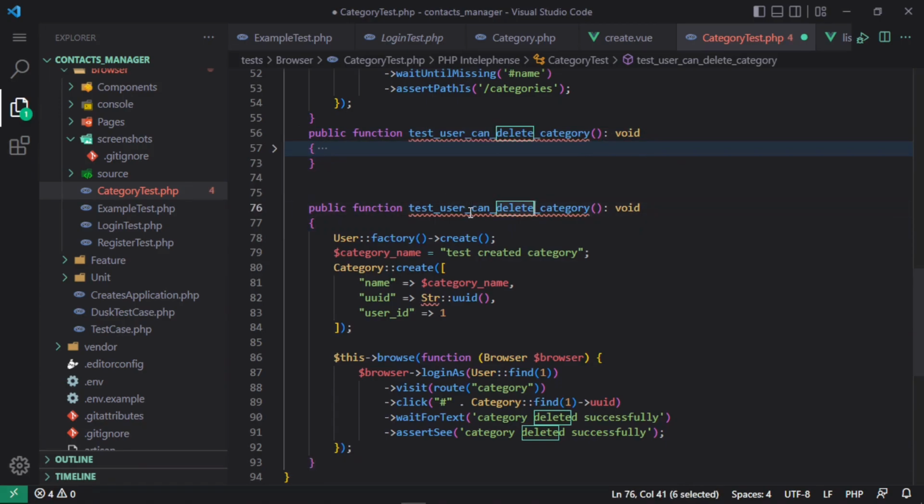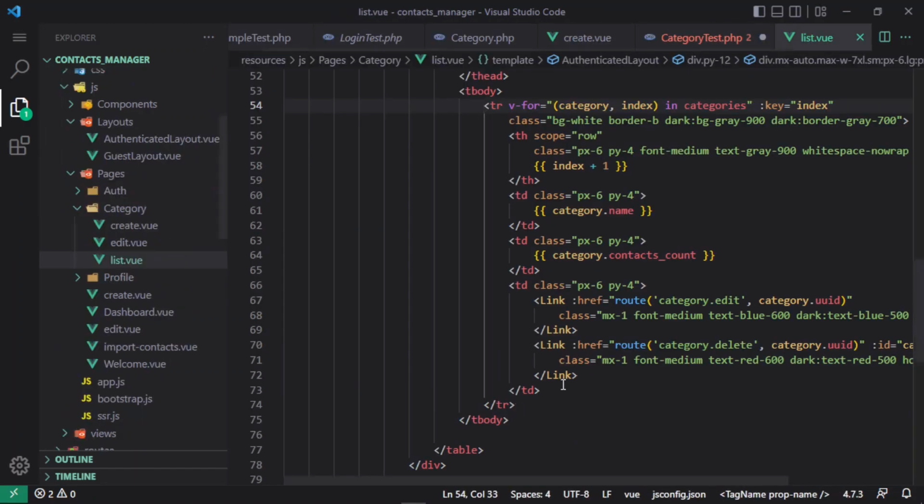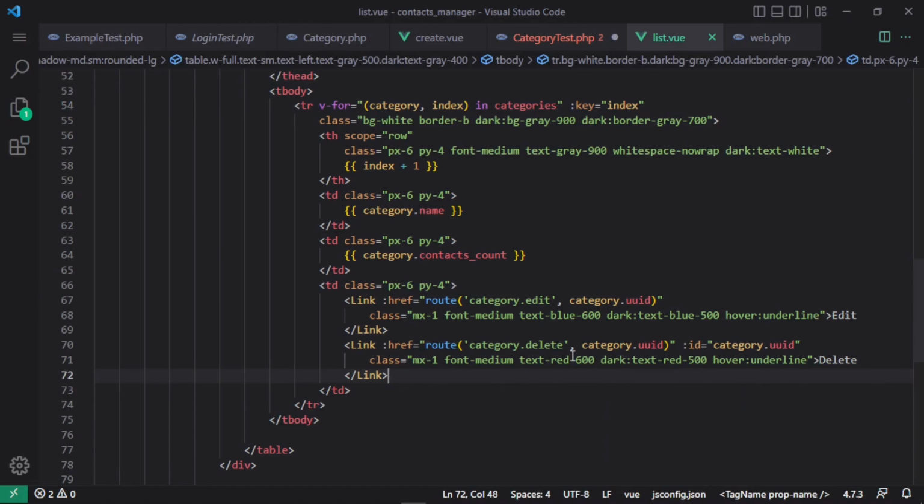So here you can see we are deleting a category, and in this one we are going to go to user can edit a category. Here you have to visit the category, and after that we were deleting the category by that ID, and I guess we can do the same for the edit one. If I go to the list view, you can see here we have an ID passing, just like we did for the delete one, we can add the same ID for the edit as well. So if I copy this and paste this right here,